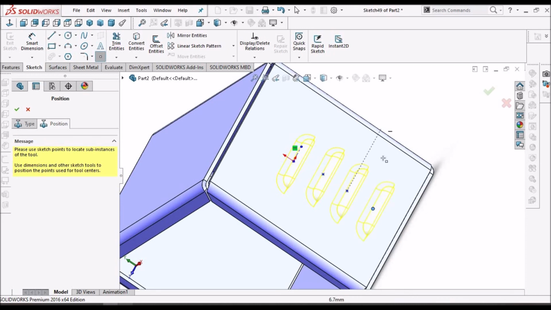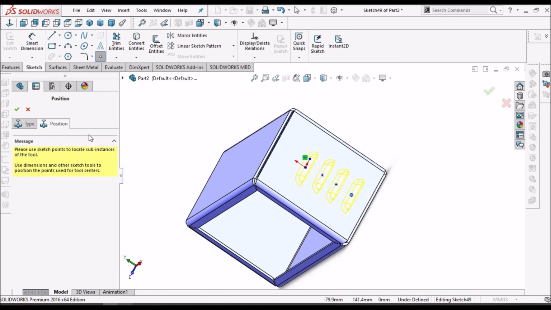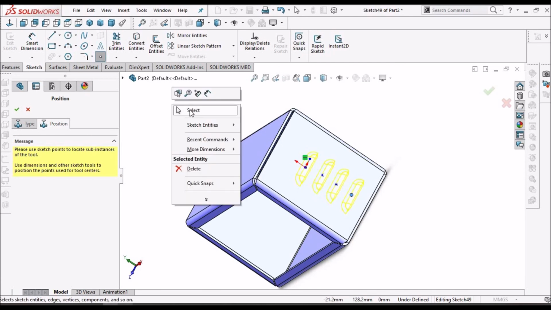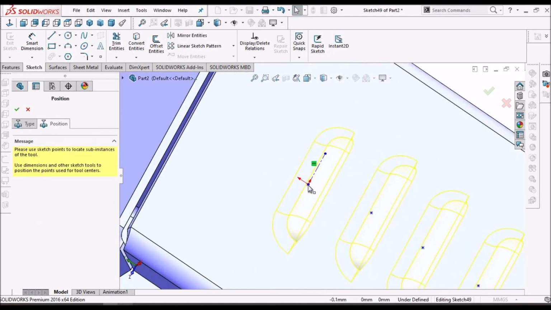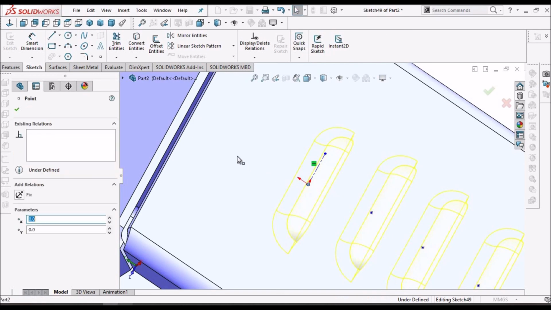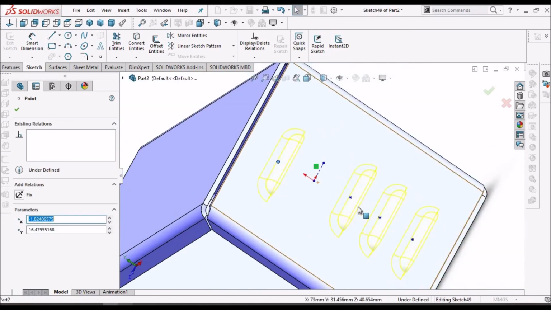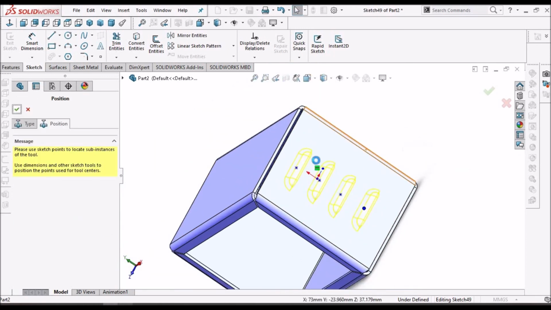So I can click a number of points based on the number of instances, and right click and go to select, and I can move the location, so wherever I want, and say OK. And even we can edit the sketch also according to dimensions required.